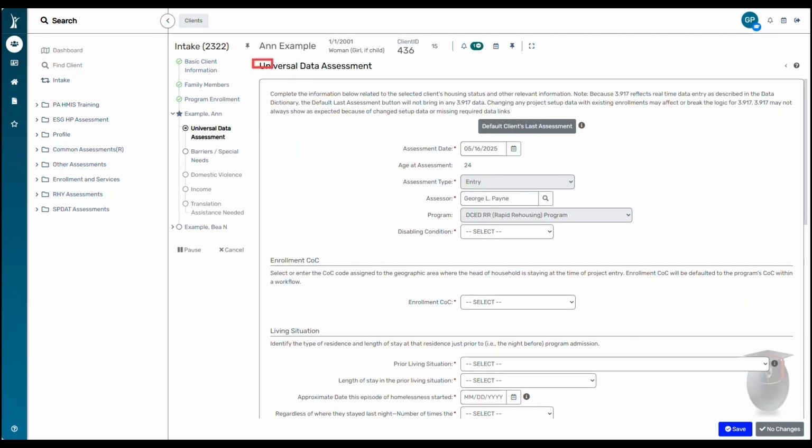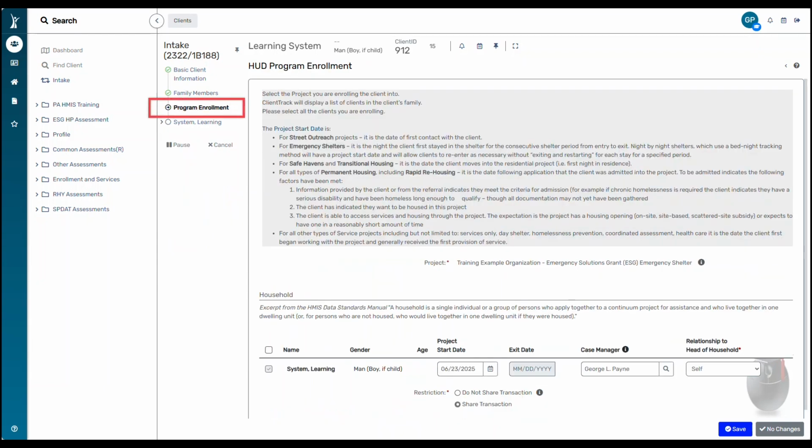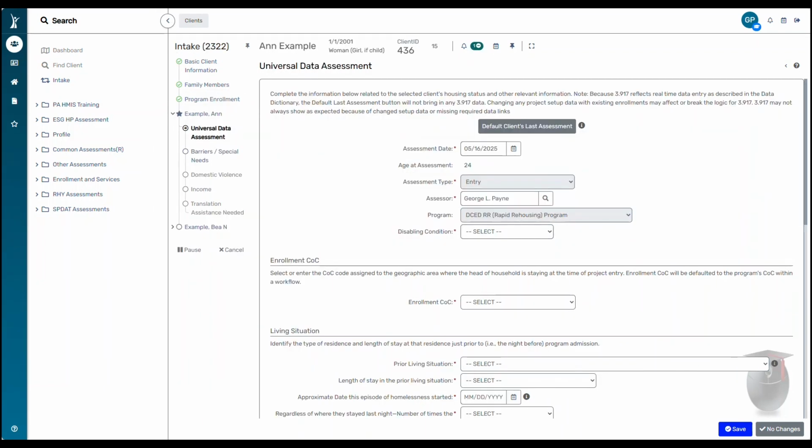This will take you to the Universal Data Assessment. It will be pre-populated with the assessment date, the type of assessment, and the program that you enrolled the client in. As a precaution, it's important to check whether the assessment date is the same as the program enrollment project start date. Sometimes the two are not the same. You'll have to then finish any questions that have red asterisks, which indicate that these questions are mandatory. That includes disabling condition, the enrollment COC,